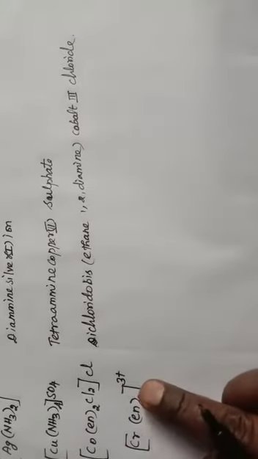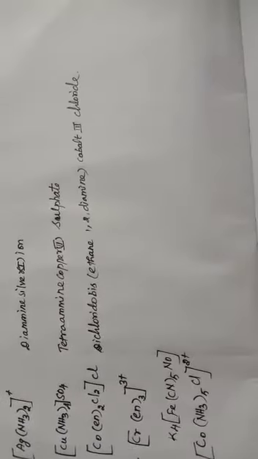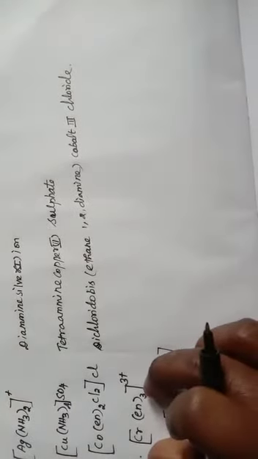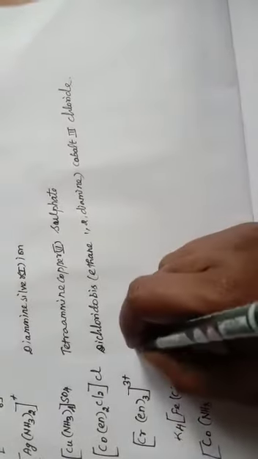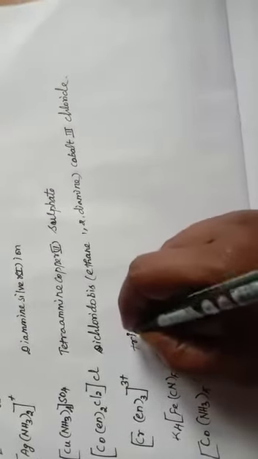The next one is [Cr(en)3]. So this is the complex cation. To name the complex ion, first we have to name the ligand, then followed by the central metal atom. And we have 3 ethylenediamine molecules here, so we have to use the prefix term tris. Tris,